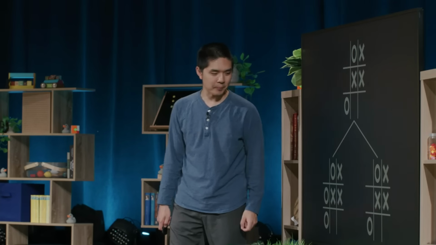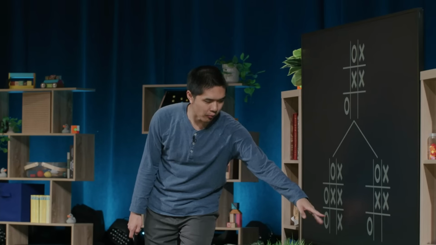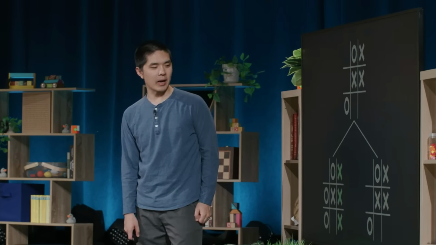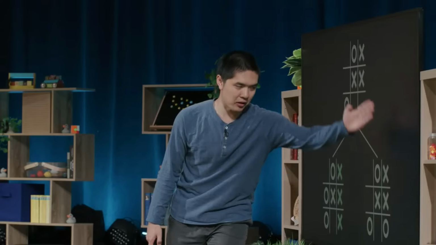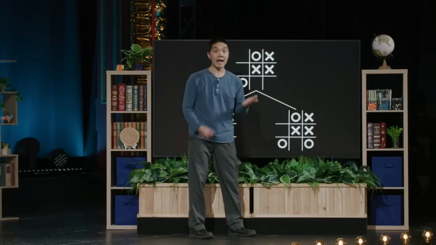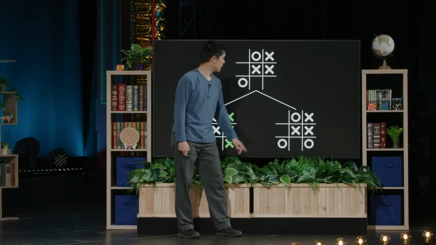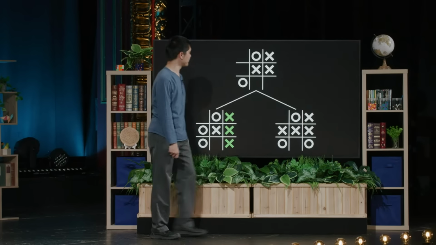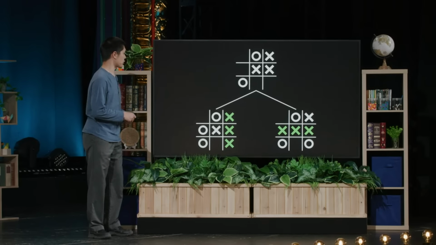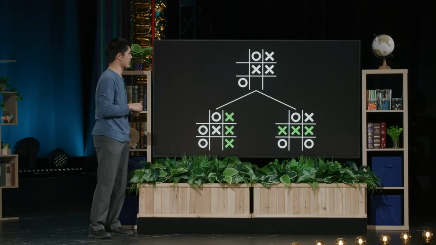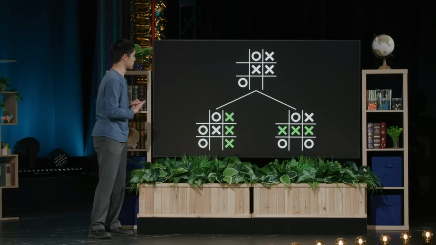But if that were to happen, well, then X would just be able to play in the bottom right, and X would get 3 in a row going up and down there. But alternatively, if O tried to stop that from happening, if O decided to play in the bottom right here to stop X from getting 3 in a row, well, then X has another way to win. X was threatening to get 3 in a row going left and right, so X could play here over on the left side, and X would be able to win there too. And so regardless of which option O tried to take, X would still be able to win.